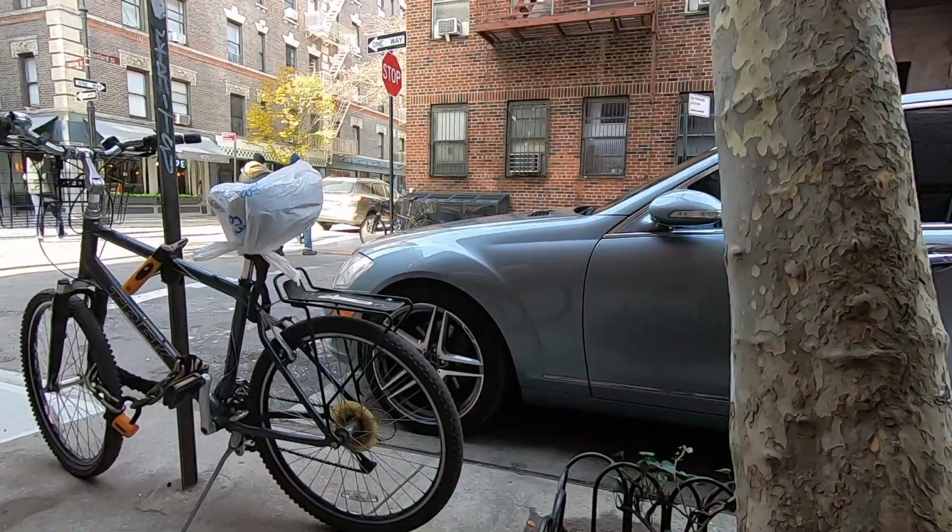For those of you who don't know, my license plate